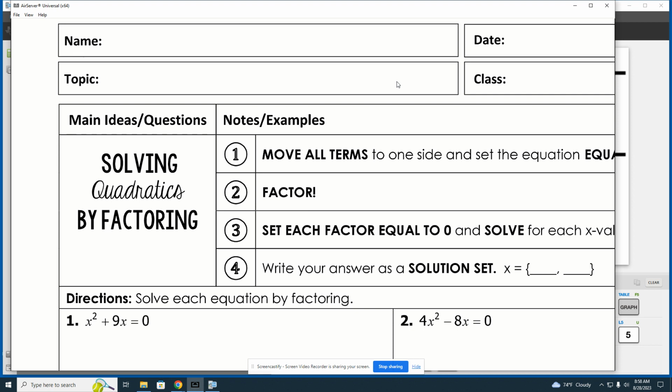There's GCF, greatest common factor. There's factoring a trinomial into 2 binomials. Now, sometimes we have to use over under. And then there's factoring difference of squares into 2 binomials. But once I get those factors, I solve by factoring by taking those factors, setting them equal to 0 and